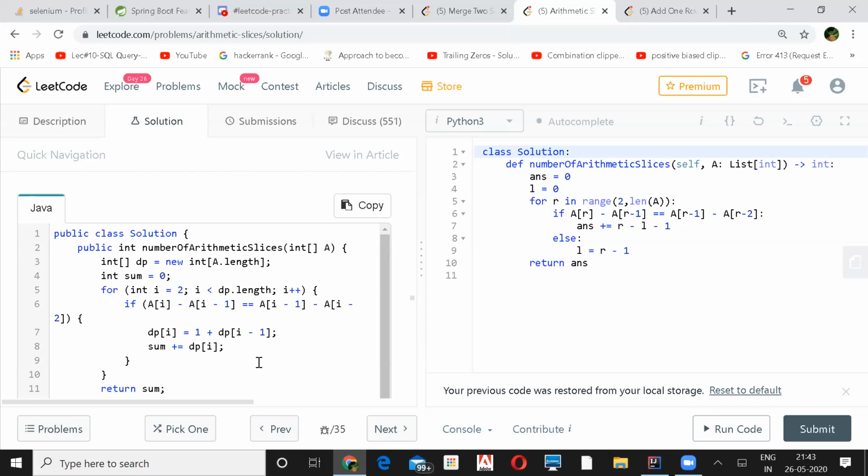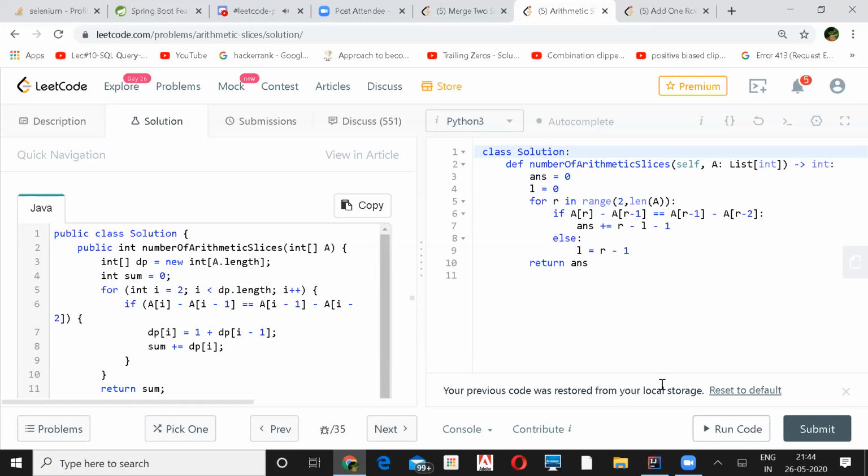Only then it increments the value. Till that index where all of them have the same differences, it keeps incrementing that number. But you still want to add all of them together, and therefore you have to use the sum variable. So basically, DP of i represents the count of all those slices ending at i.